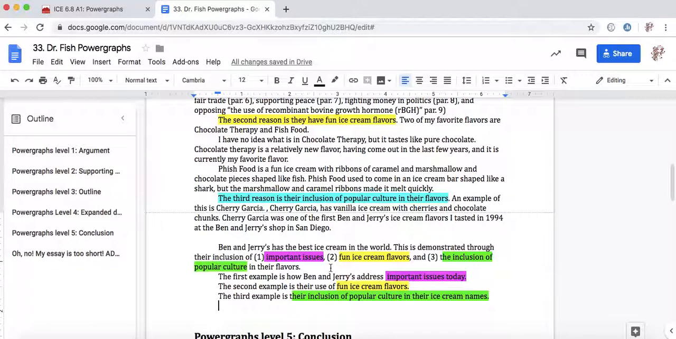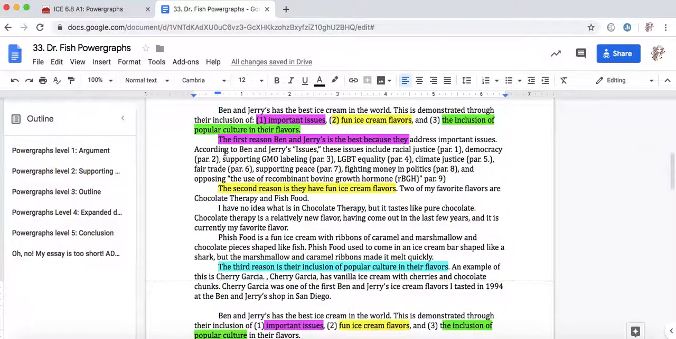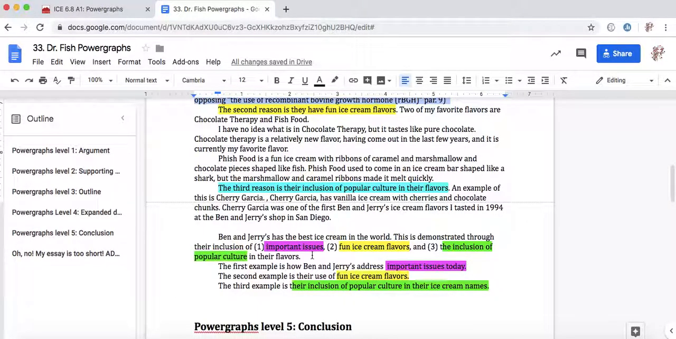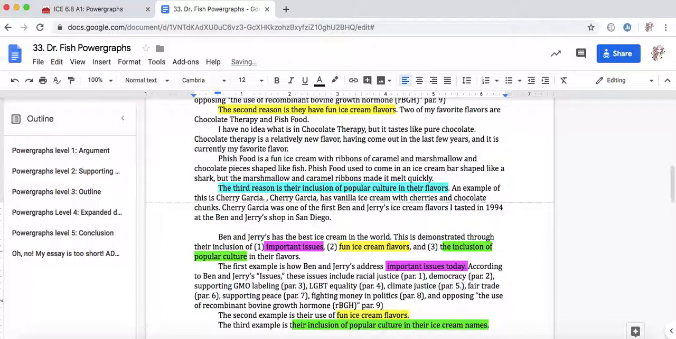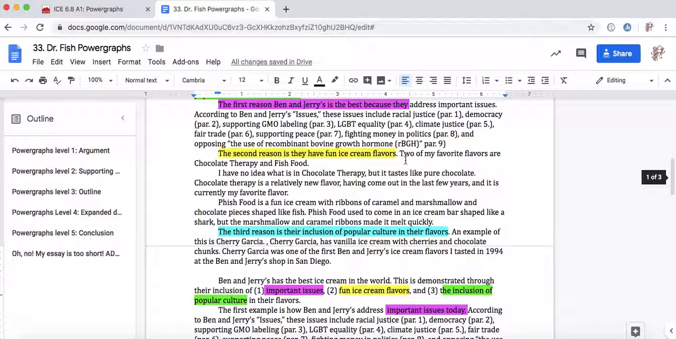So first example is how Ben & Jerry's address important issues today. Now you do not have to have sources. I'm just going to steal it up here because this would take too long for me to write. You do not have to have sources for this, but because I have to give you the ideal example, I have them in here. Come up with your second one. Now notice my second point